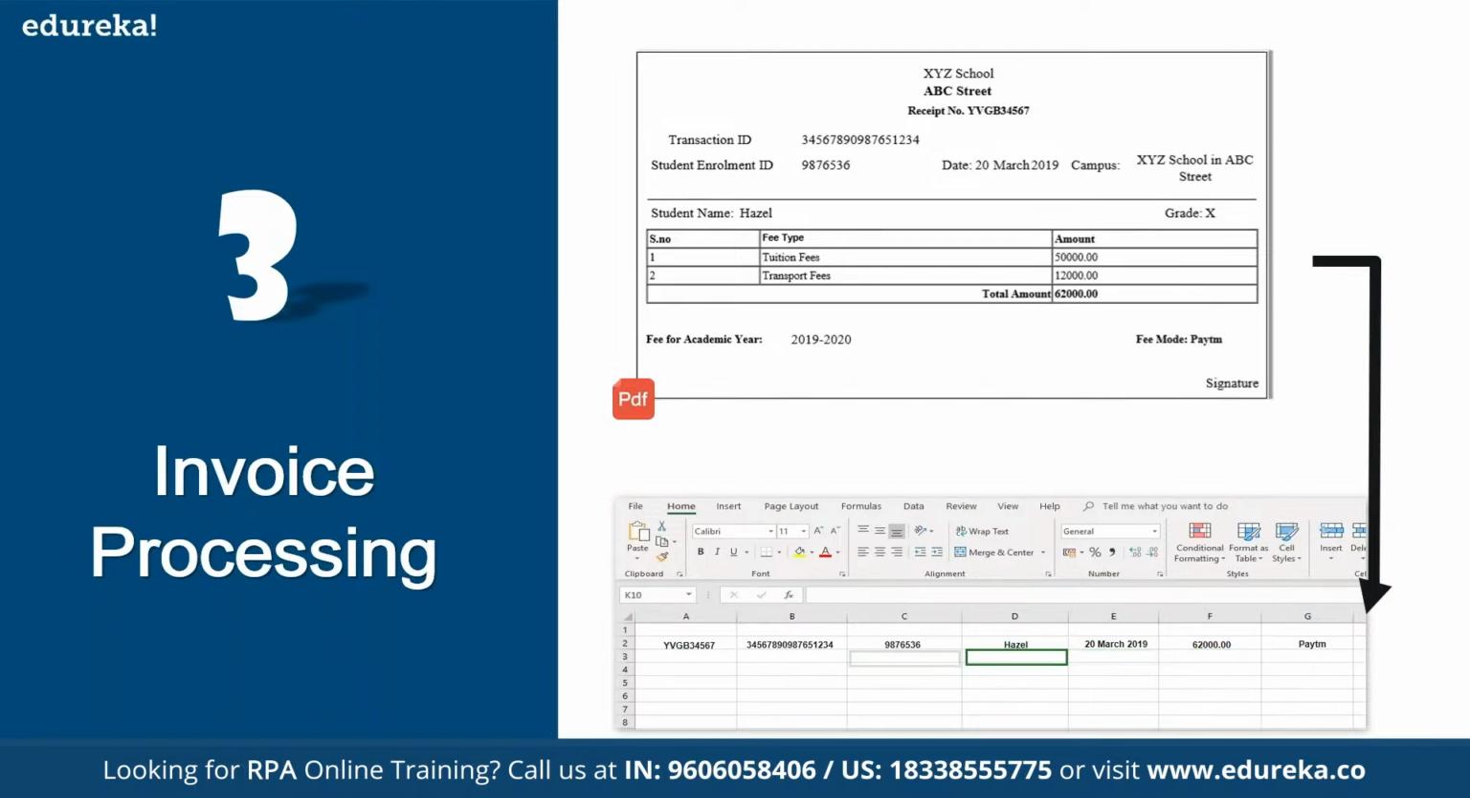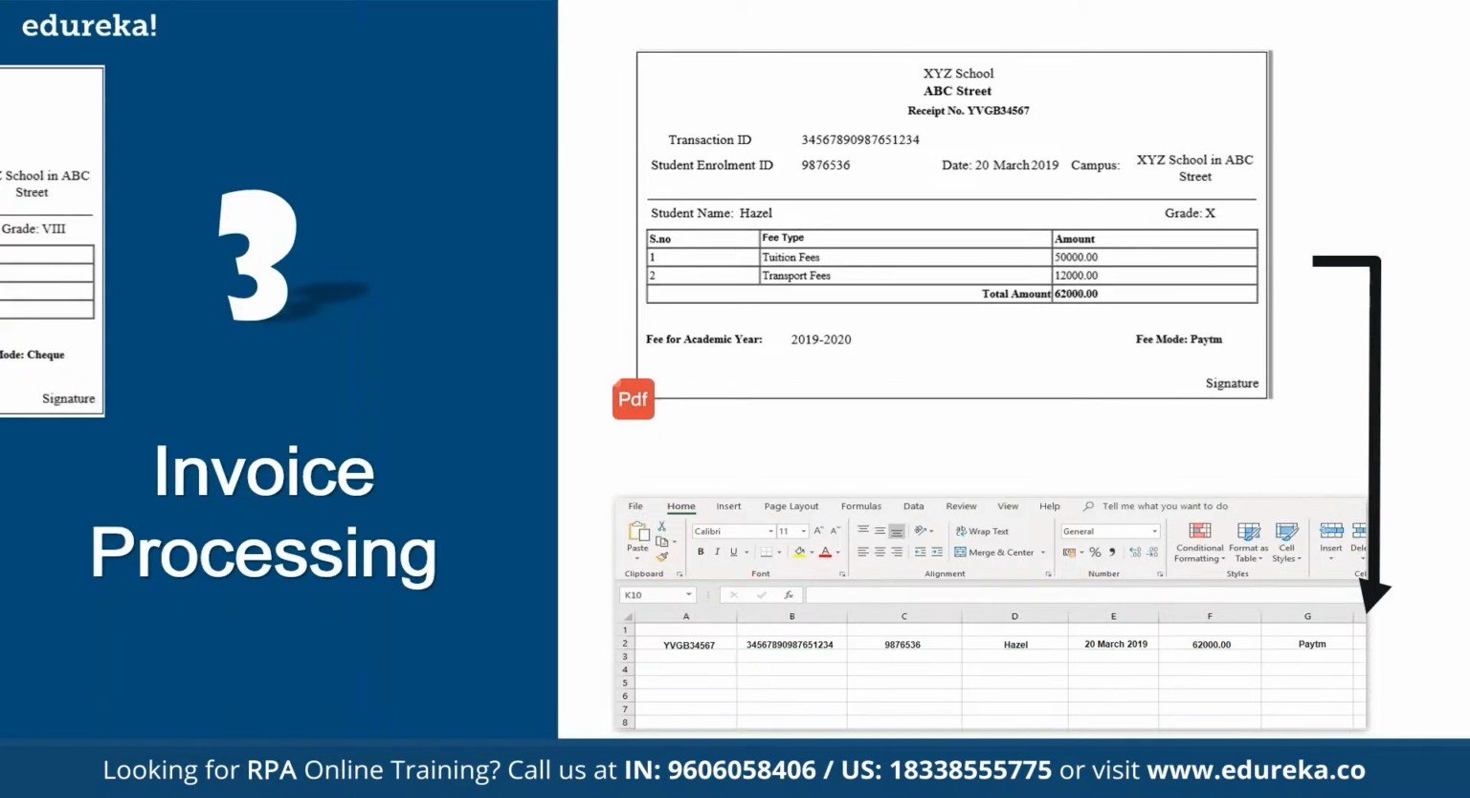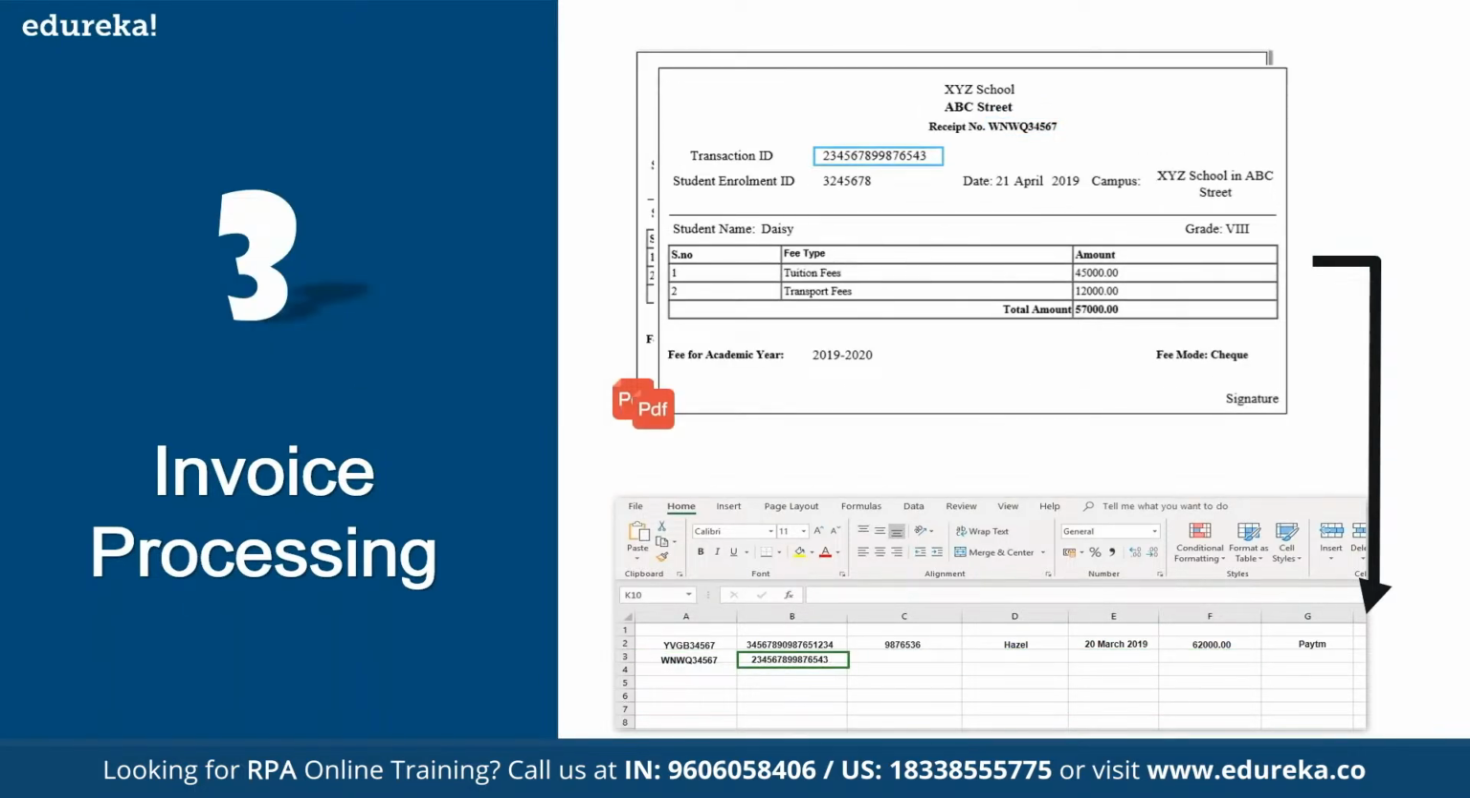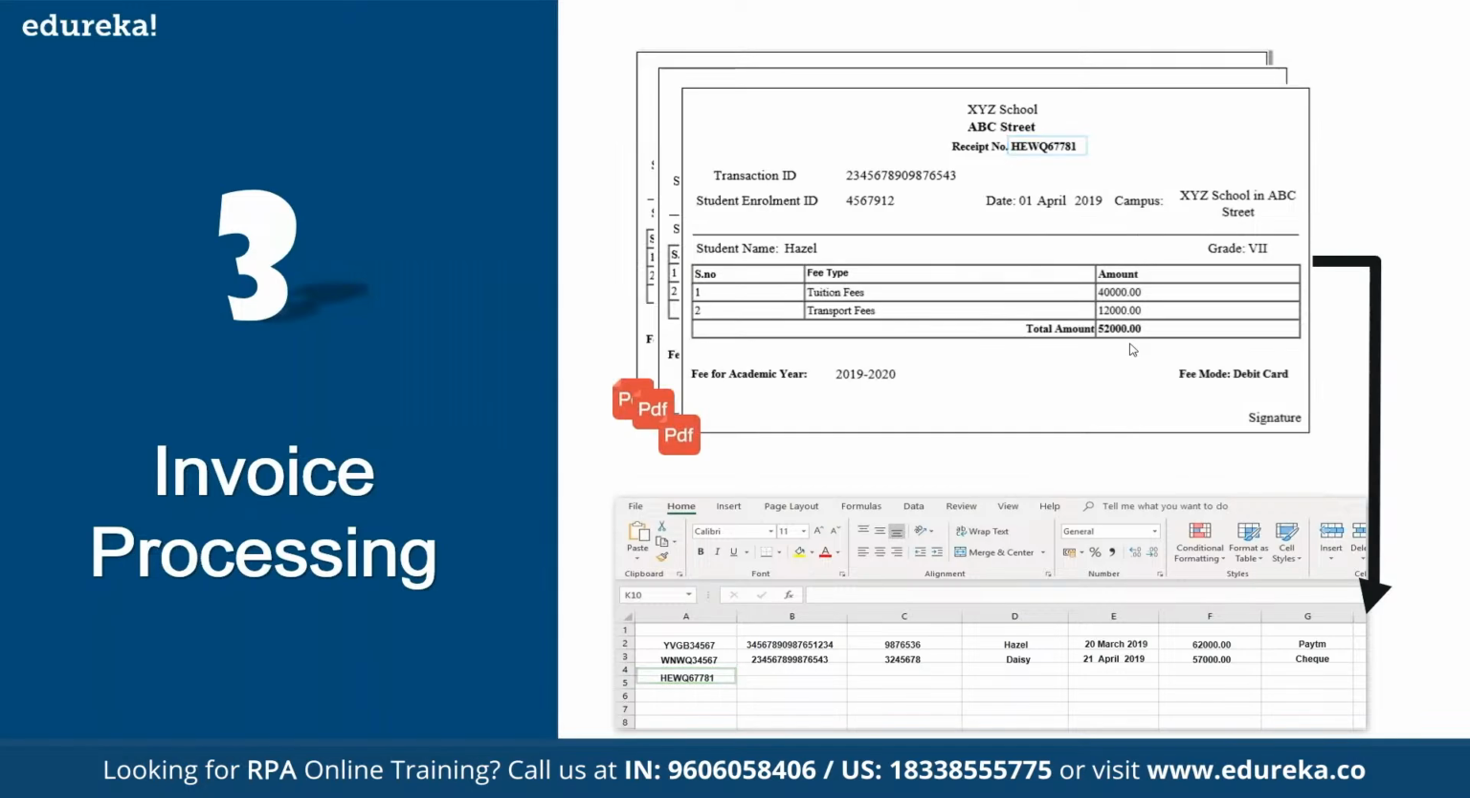And this one, invoice processing, is a widely used project. For invoice processing, you have multiple invoices in your company and you have to extract the individual data from those invoices. Like here you can see on the screen, different invoices are coming, and you have transaction ID, student enrollment ID, date, total amount. All this information you have to extract from the PDF and you have to store that in